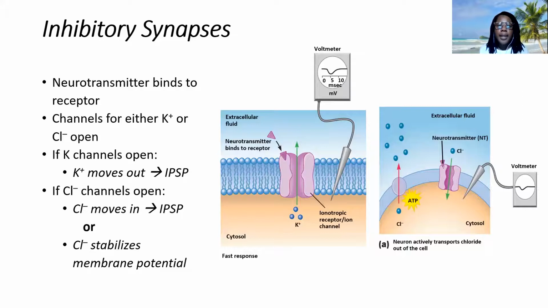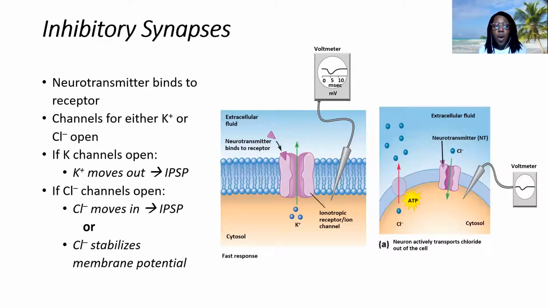And then chloride as another example, because if we open up a chloride channel, specifically on a neuron that has active pumping of chloride. So if it's a neuron that has active transport of chloride out of the cell, when we open up that chloride channel, chloride will want to diffuse into the cell according to its gradient, and that will be negative charge entering the cell, which will also be a hyperpolarizing event, right? That will decrease the membrane potential.